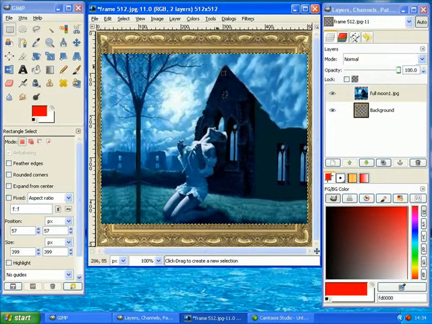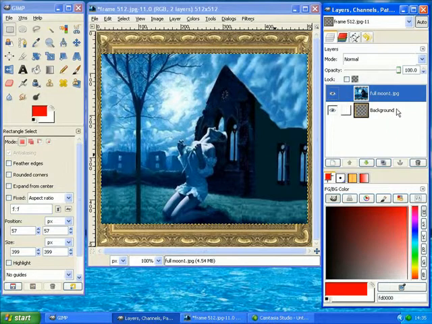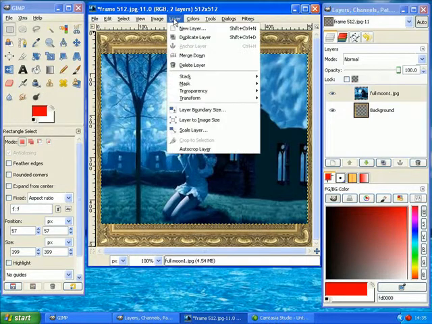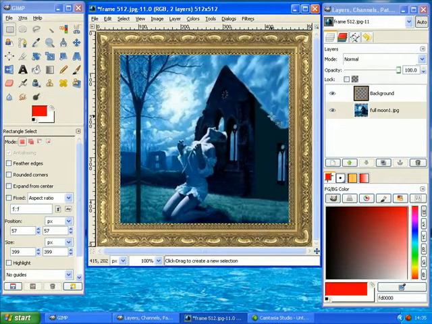Now we need to bring the frame forward. The picture's no good where it is. Normally you can left click in this area in the layers channel and simply drag down. It's not going to let me. I don't know why that's happening. There's something I'm not doing, but we'll do it the easy way. Click on Layer, and on the stack, cross over, and now we need to lower the layer. And as you can see over on the right, it's dropped from top,